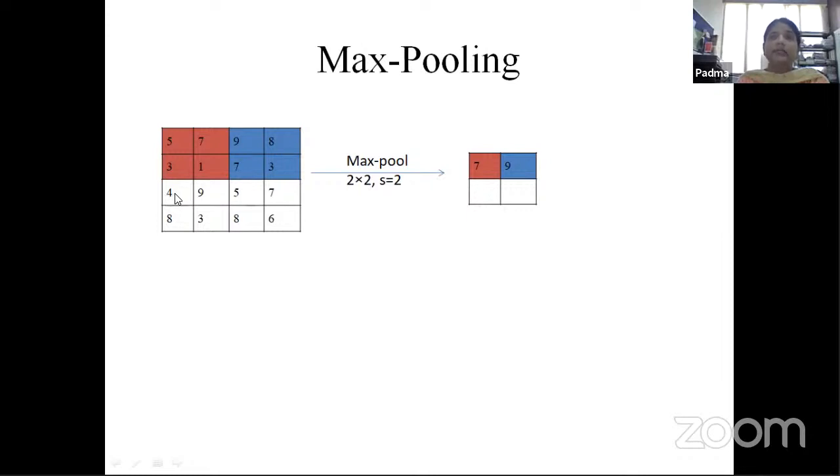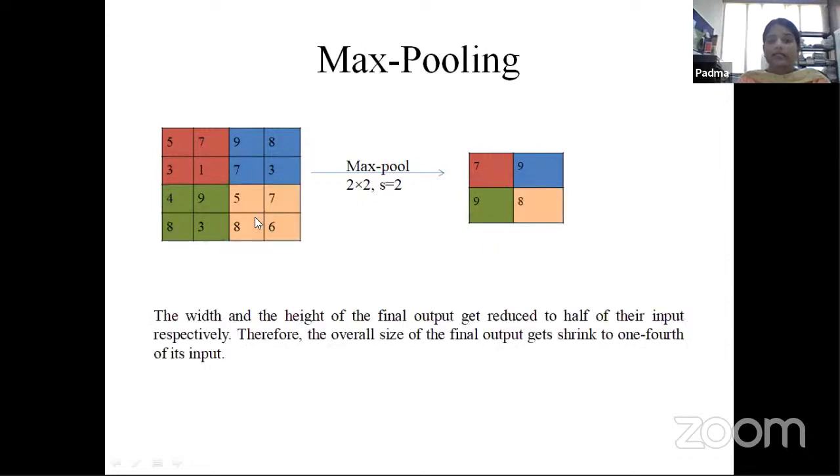So like this, whenever we scan, in the case of a convolutional operation or a max pooling operation, we compute the maximum value or convolution operations from left to right and top to bottom, right? So the next value that is going to be carried forward among these 4 is the maximum value, that is 9 would be moved forward. And at the end, among this 2x2, I will take the maximum value, that is 8.